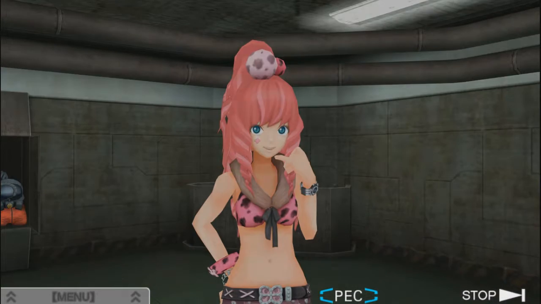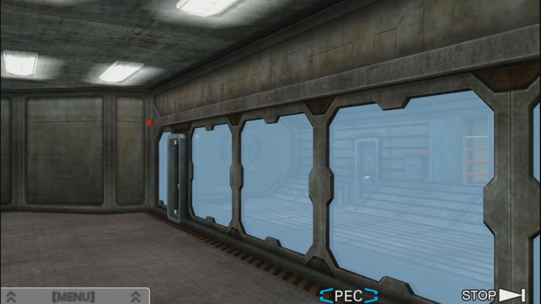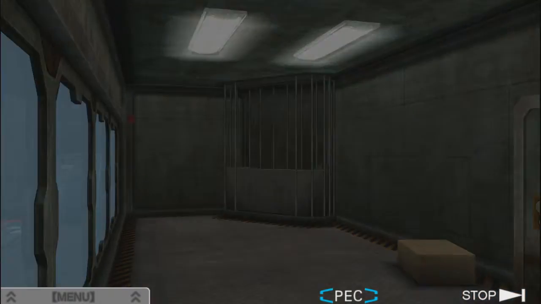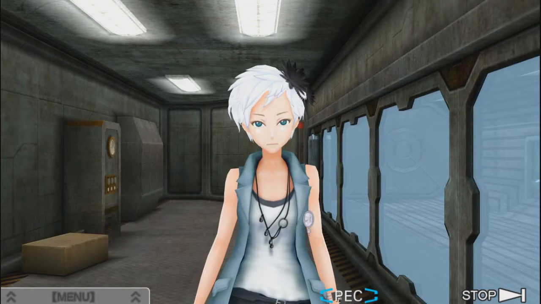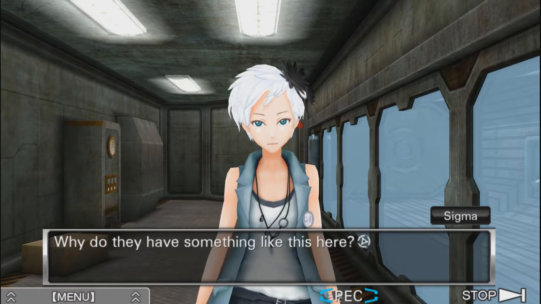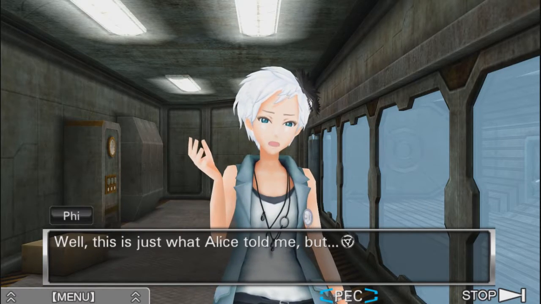Good idea. So, we're just looking for Exalivir. Okay. The Exalivir is in the lavatory. So... and if I remember right, there was some kind of machine that I think someone mentioned. Oh no, it mentioned. I think the machine mentioned it. It's used to expand or clone chemicals, and I think we can use that to expand the Exalivir later on. So this is the real thing. Seems like it. Why do they have something like this here? Well, this is just what Alice told me, but...